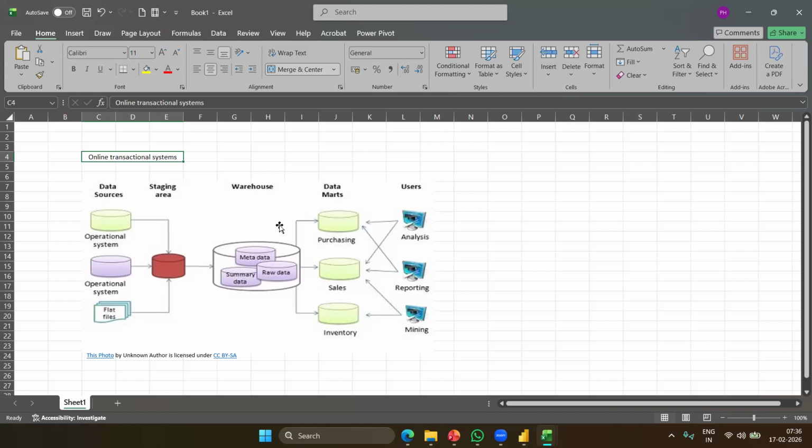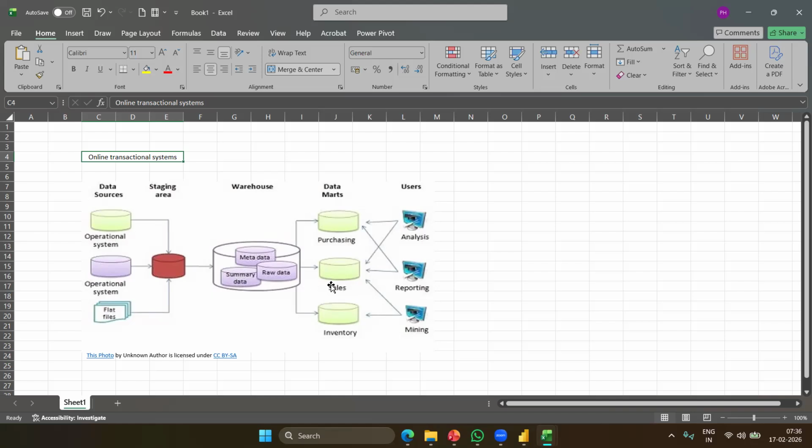Okay. So the entire picture is termed as warehouse, and instead of touching the entire thing, again we create a subset of warehouse for each and every specific business line or domain. Suppose sales team is really not interested in what is happening in the production or a manufacturing unit.